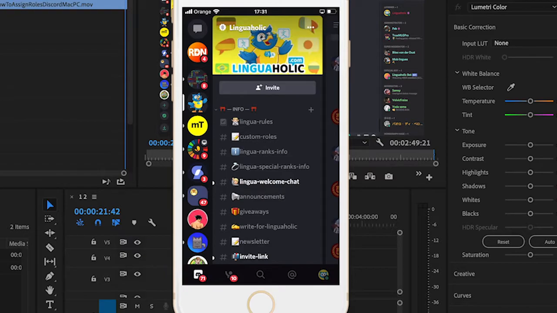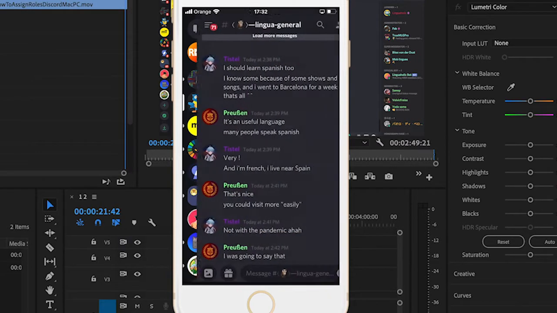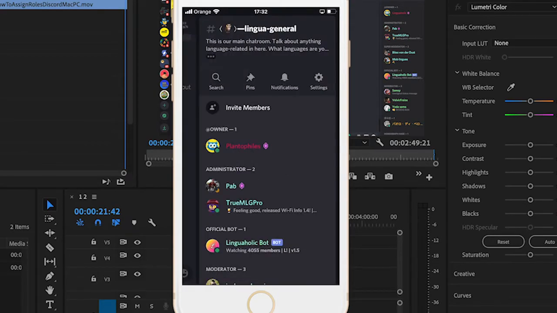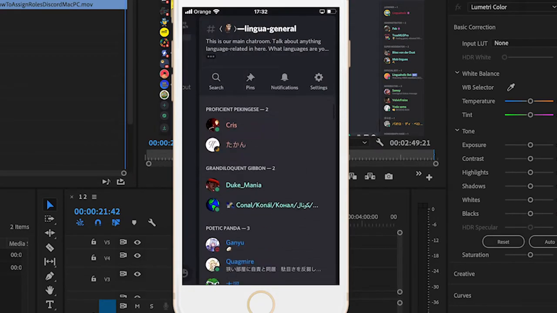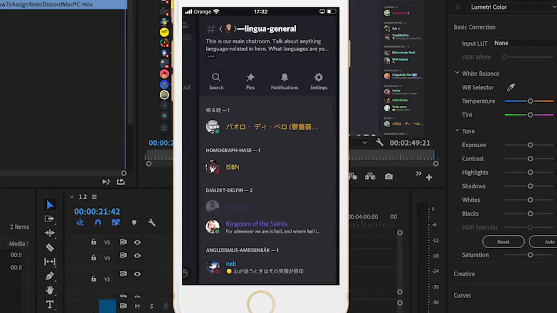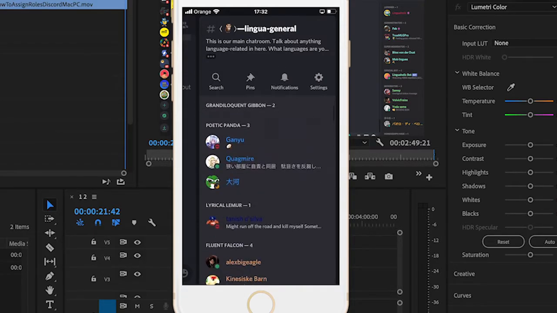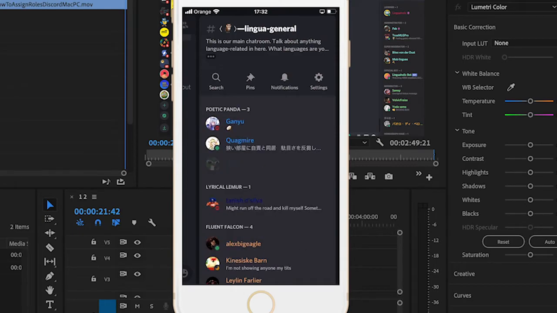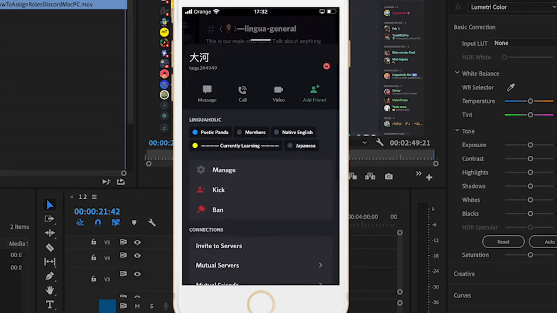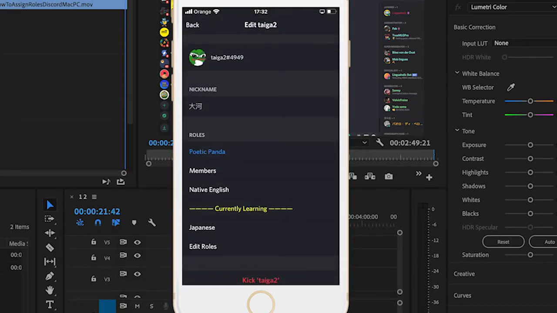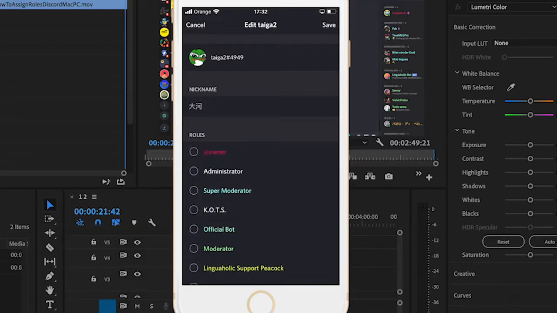So instead of going into the server settings by clicking on the server's name, in my case here Linguaholic, another way to assign a role to a specific member is to swipe to the right here until you will arrive at the members list. Now browse through that list and choose the member that you would like to assign a role to, tap on that member's name, scroll down a bit, tap on Manage, then choose Edit Roles, and you will end up seeing